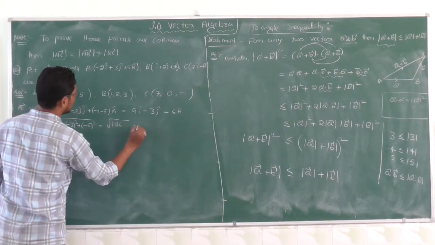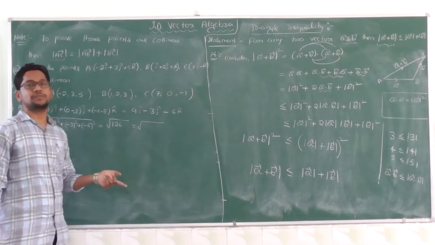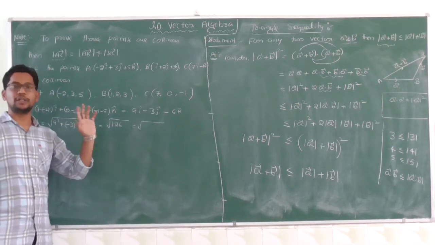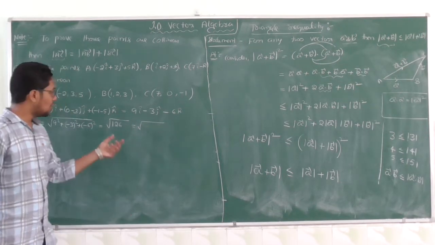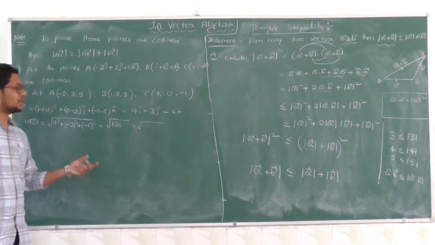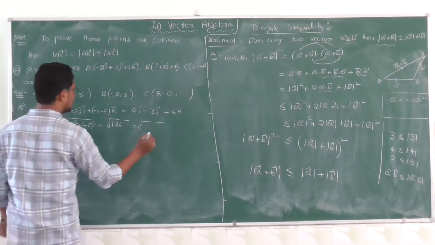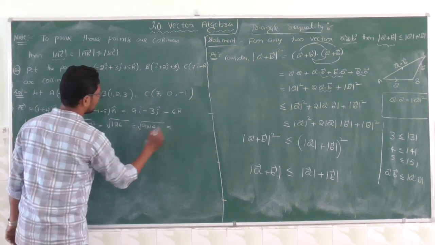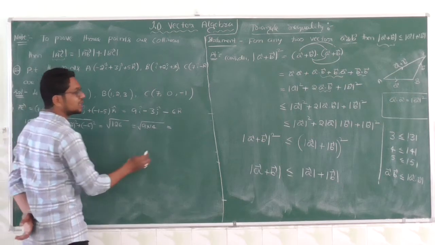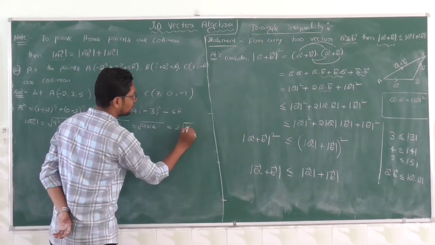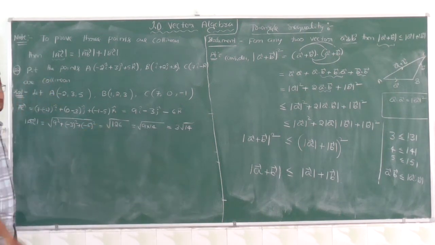Now I am going to write this square root of 126 in the simplest form. That simplest form we already discussed in our lower classes. 126 is 9 into 14. The square root of 9 is 3 outside the square root, so 3 into square root of 14. These things we already learned in our lower classes. I hope you understood.